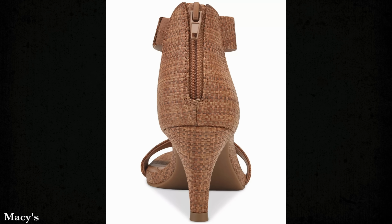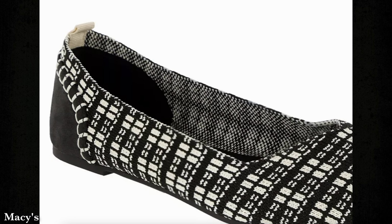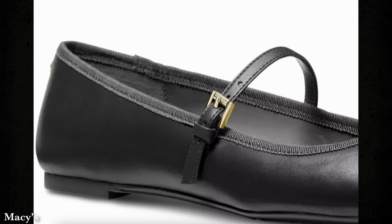Sometimes there are pulls at the backs of shoes that are functional, but in a lot of cases when they're lower shoes and not boots, they're there for decorative purposes, and sometimes they have some really harsh edges in that area and a lot of extra stitching, which means that that's just going to rub up against your foot. So keep an eye out for what the seams and the edges are doing in that area, how stiff it is, how wide it is, how hard and rigid the edge of the shoe is, and how much that's going